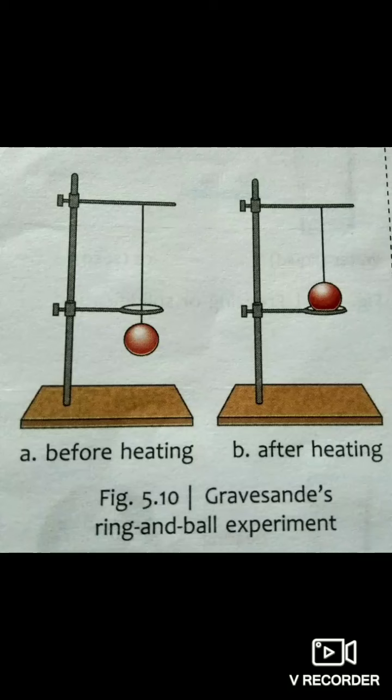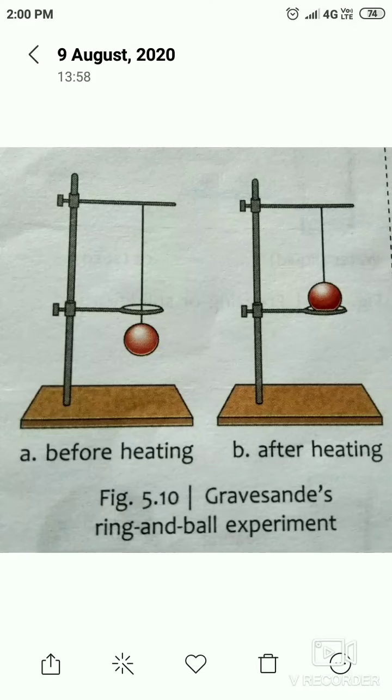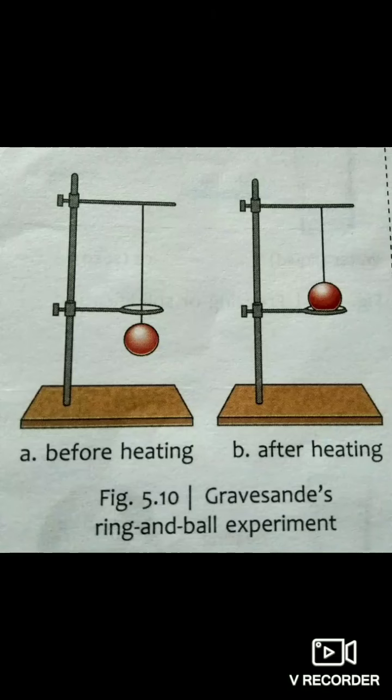After heating the ball, you cannot pass it through the ring, but after cooling the ball and trying to pass it through the ring, you can see it passes. In case of the hot iron ball, when the ball is heated it does not pass. This is because the ball expands on heating, which prevents it from passing through the ring. When the ball is cooled, it regains its original size and can easily pass through the ring. From this experiment we can easily state that the